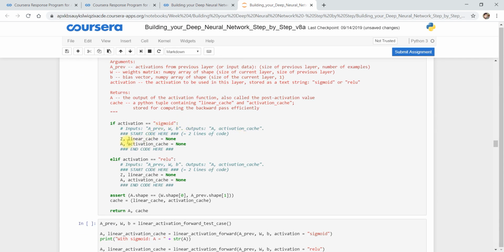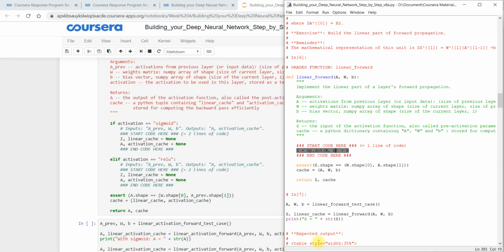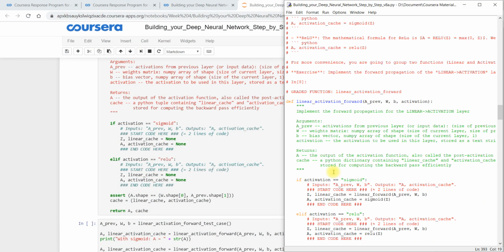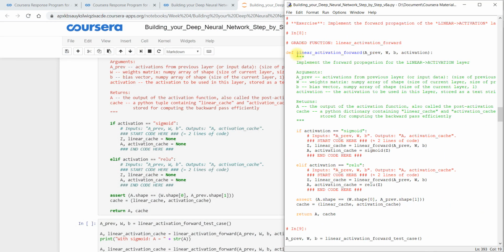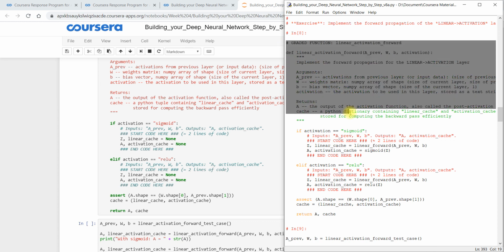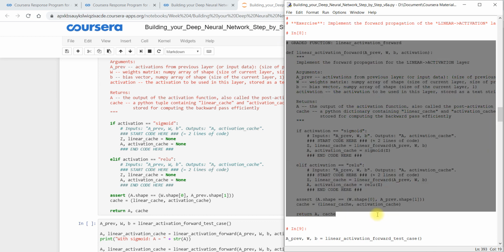Also in linear activation forward, these 2 portions we have to change a little, right? This is linear activation forward. I will just copy the entire code and paste. You just check in your course and you can find what the changes are, like here start code and end code.